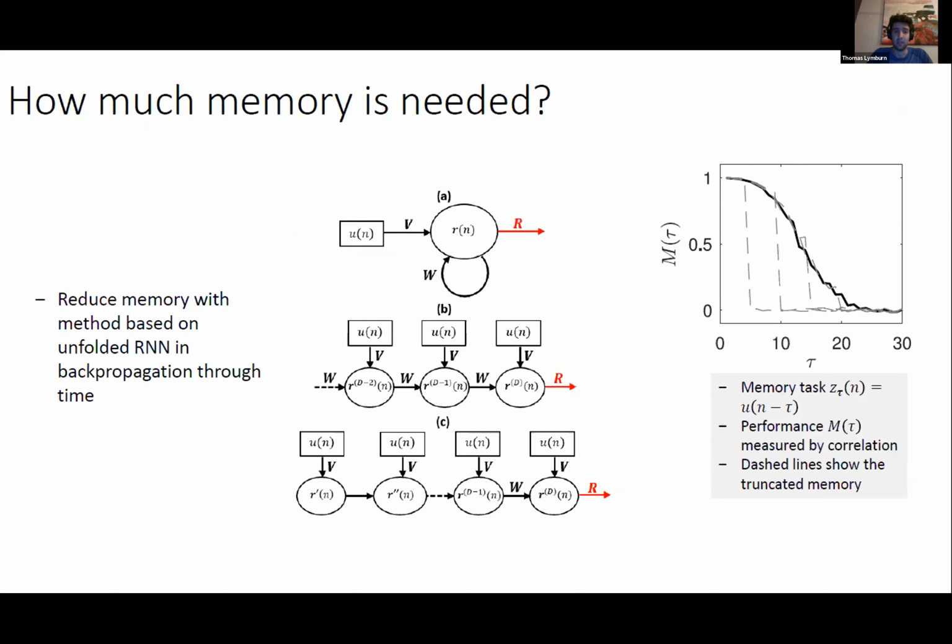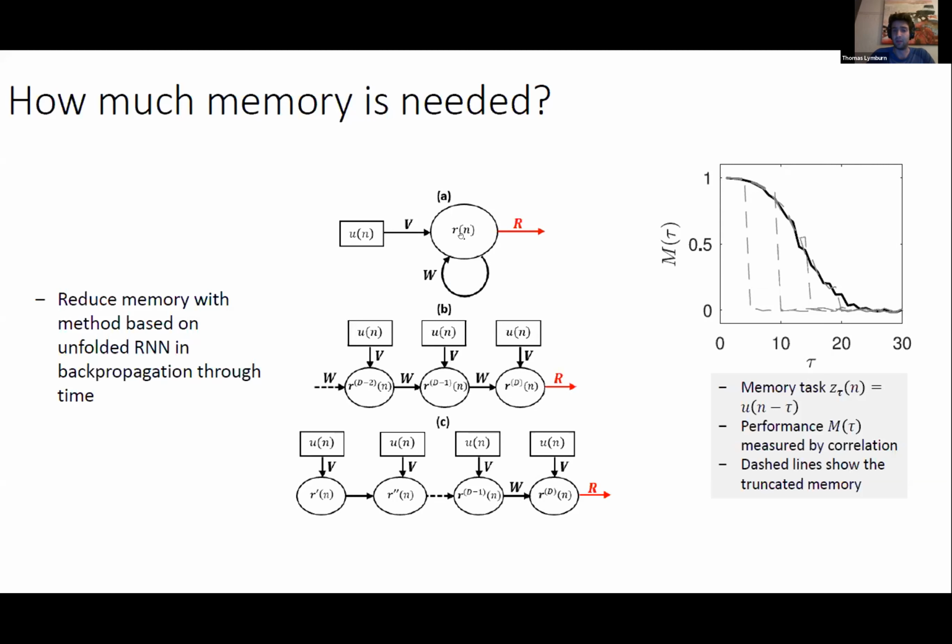So there are many different ways to control the memory of the reservoir. You can change the spectral radius, as the previous speaker said, or you can change the size of your reservoir. You can change the size of your input vector. But all of these things are going to change other properties of your reservoir. So we want to use a technique that is going to essentially leave the reservoir alone, but reduce the memory somehow, right? And so what we're going to do is utilize a technique which is based off the backpropagation through